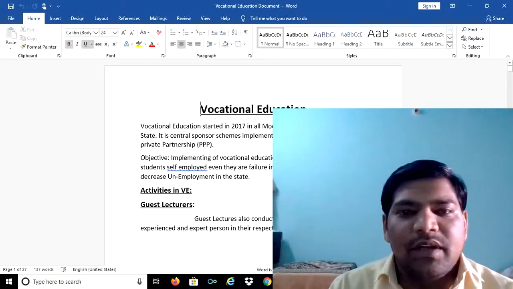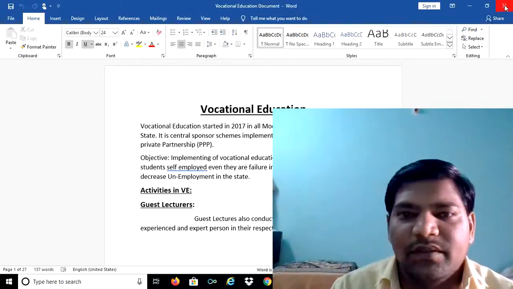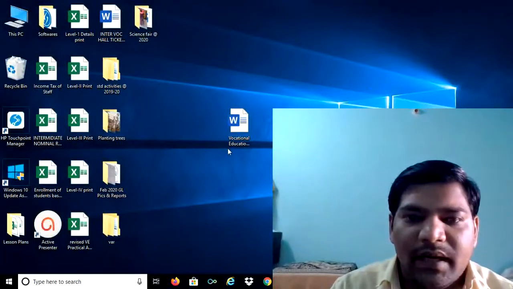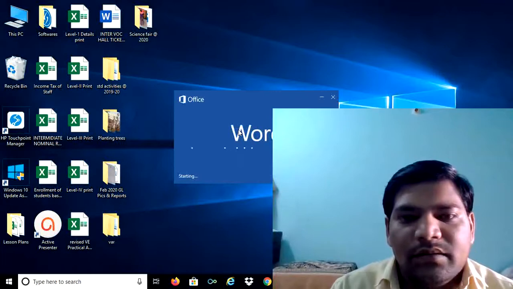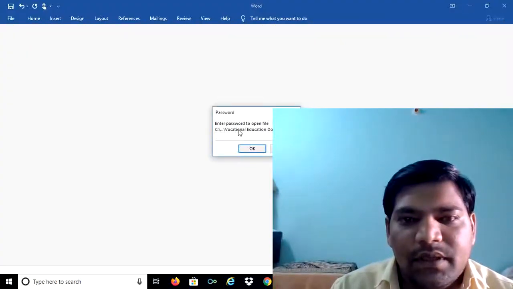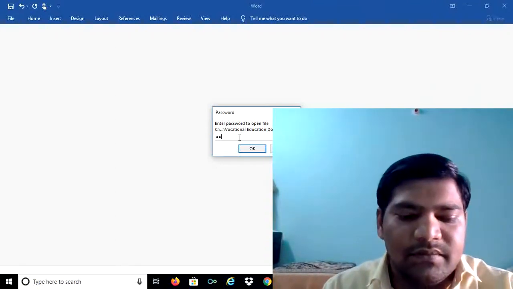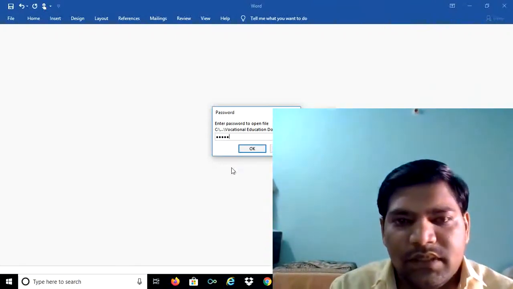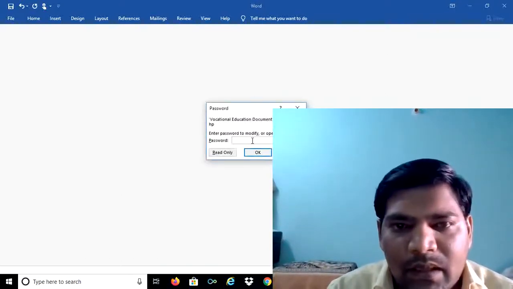Then we can make the file protected by giving the password. If you want to open the vocational education file again, it will ask for the password. Then we can type the password. Then OK.